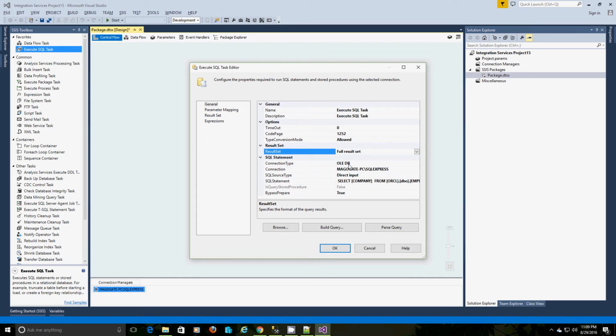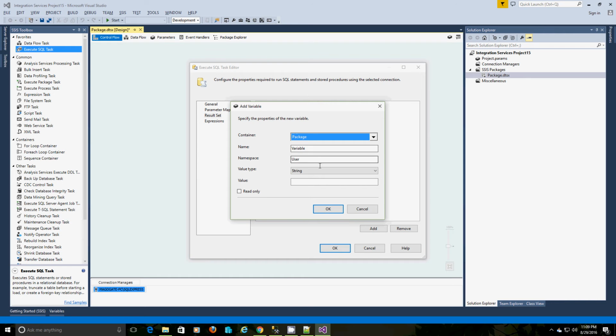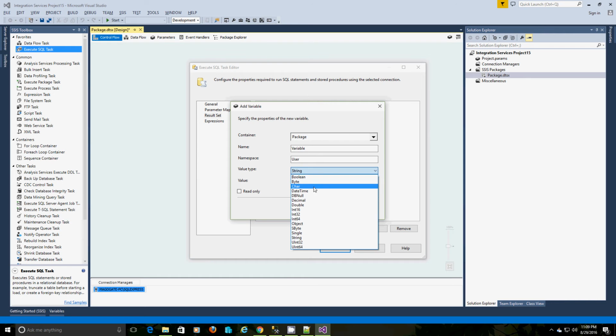The result set has to be set to result set, then define the variable. Since we are retrieving a result set, the data type for our variable has to be object. Define the name as obj company name.